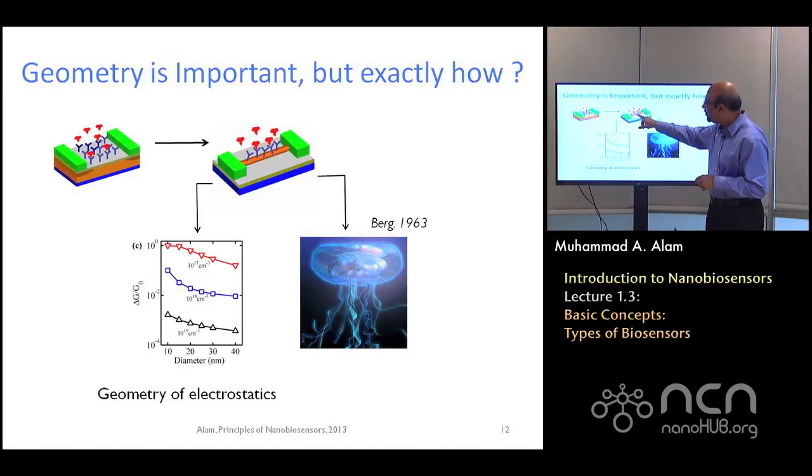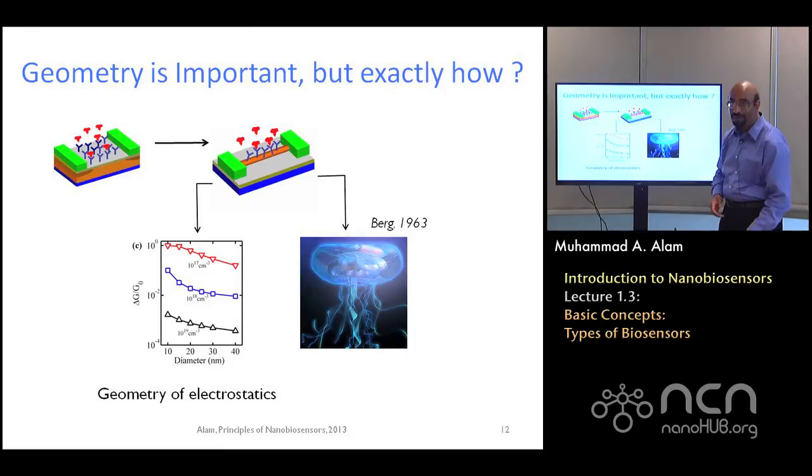So the reason I will show that nanowire sensor is more sensitive than a planar sensor is not because of the surface to volume ratio, but rather you can view this nanowire sensor as if it is a jellyfish in disguise. The physics of particle capture, biomolecule capture, and the physics of food capture by this jellyfish are identical. And this is how, from nature, nanoscale sensors get the enhanced sensitivity by mimicking nature. And it has to do with the geometry of diffusion.